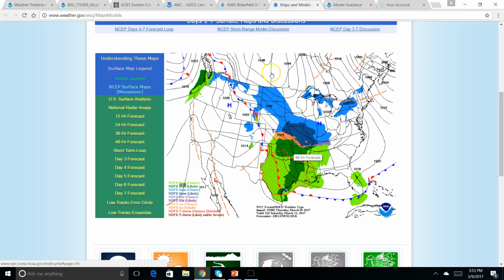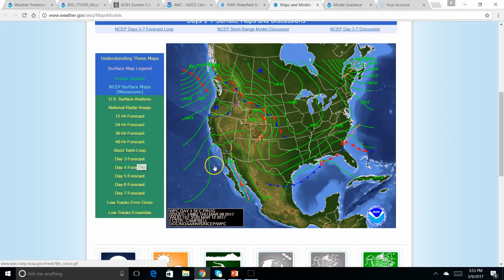So your pressure gradient between the two is like this, and this one's rotating counterclockwise, this is rotating clockwise. And guess what? You're going to start picking up the moisture from the Gulf of Mexico. You're actually getting combined influence of the two, with the high and the low helping that way. But they don't take it out very far north. You see, that's one of the questions when you're a meteorologist: just how far north is the precip going to go, or how far south is it going to stay? Sometimes it's very hard to move precip north into a very large Arctic high pressure like this one is,